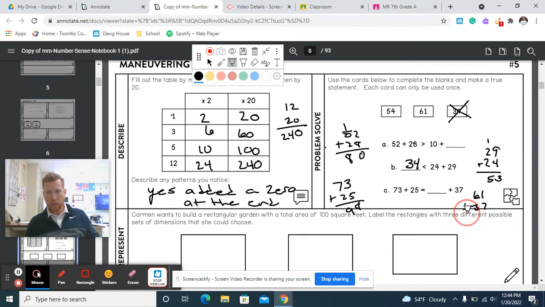37, and I need it to be exactly 98. 7 plus 1 is 8. 6 plus 3 is 9. So that worked out. 61 is this one, and this leaves it as 54. Okay. The next one,